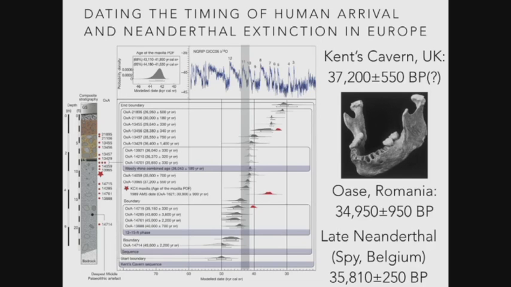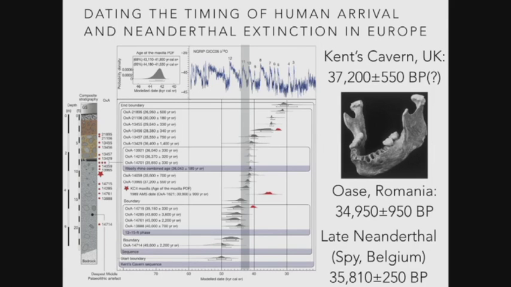So there's been some really exciting work done from Oxford, where they've carbon dated, using a method called ultrafiltration, which removes a lot of contamination, modern human remains and also Neanderthals. Kent's Cavern in the UK, they haven't got a remaining date anymore, unfortunately, because there's no material left that's appropriate, but they're coming in at ages just above 37,200 radiocarbon years. And as we heard earlier, that doesn't equal 37,200 calendar years, so you've got to convert it.